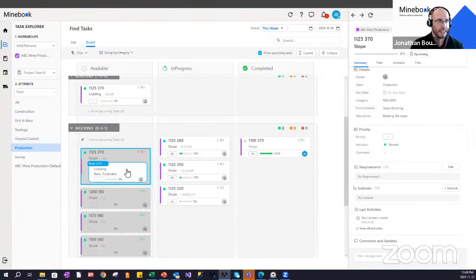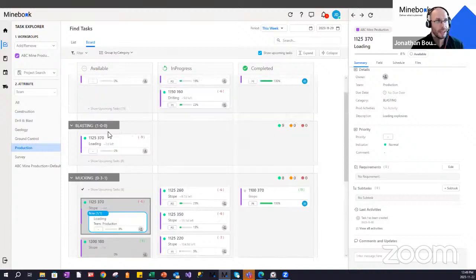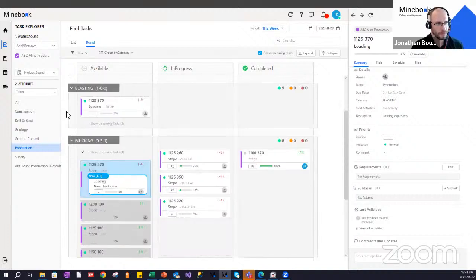And I can directly click on the loading task and ask the people that are doing the task, can you go a bit faster or something, so we can make sure that we always have an available task in each section. So in order to understand where that loading stope dependency came from, we have to go under the